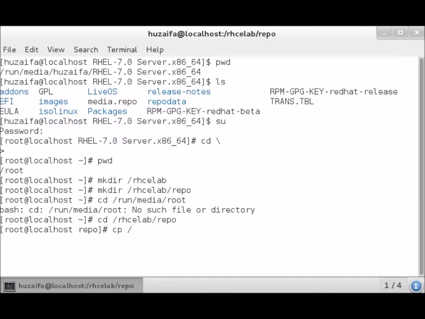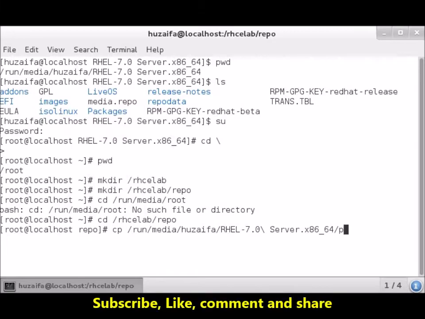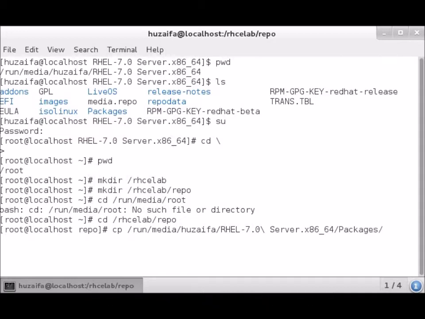To copy, we will write the cp command, and now I will give the path. As it is lying on Huzaifa's desktop, this is the path, and next is the packages folder, /static.